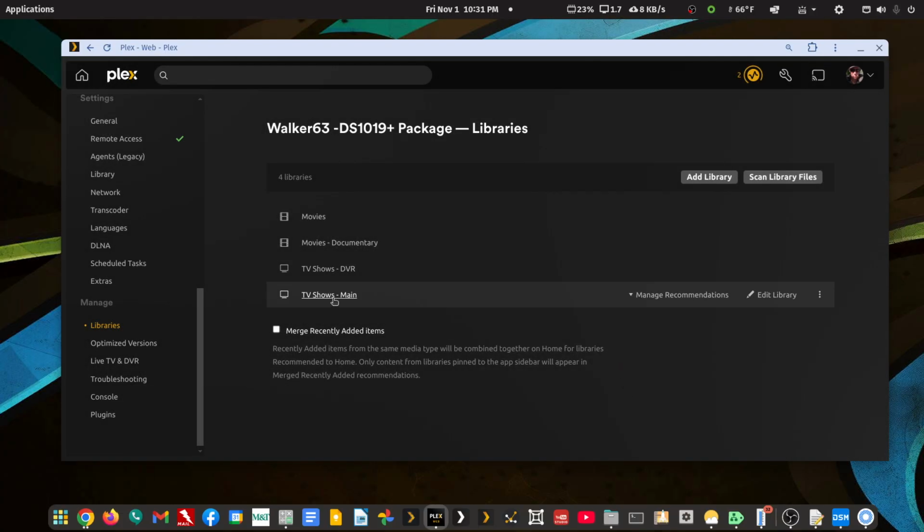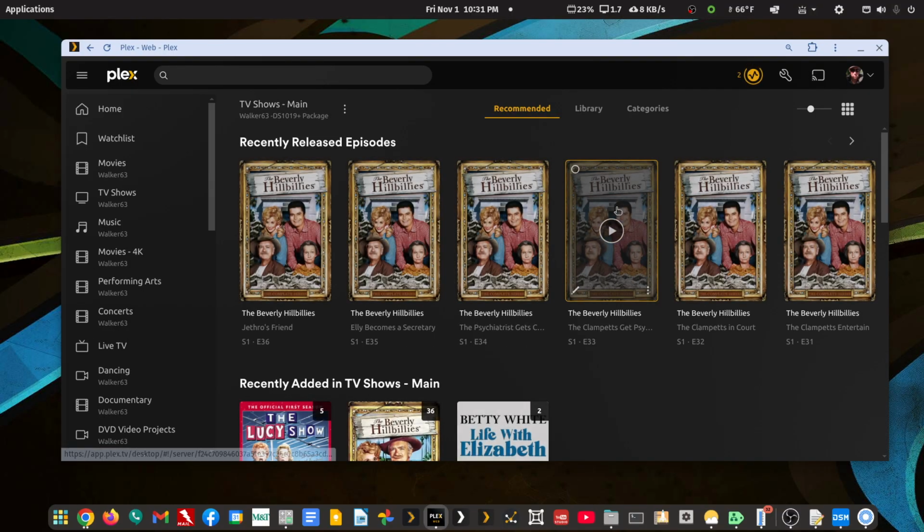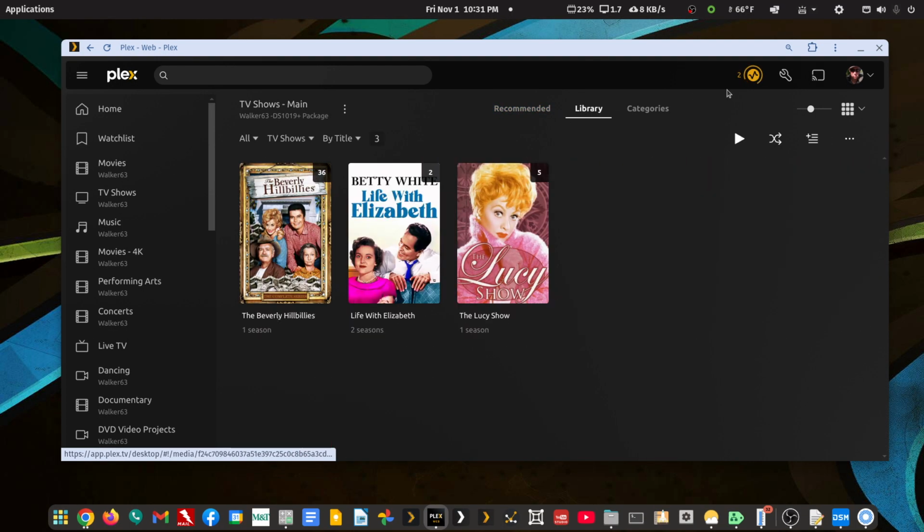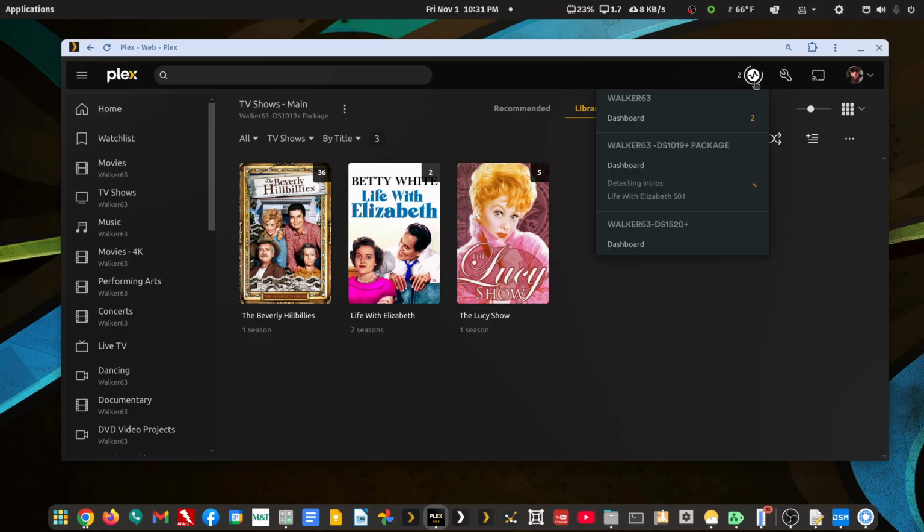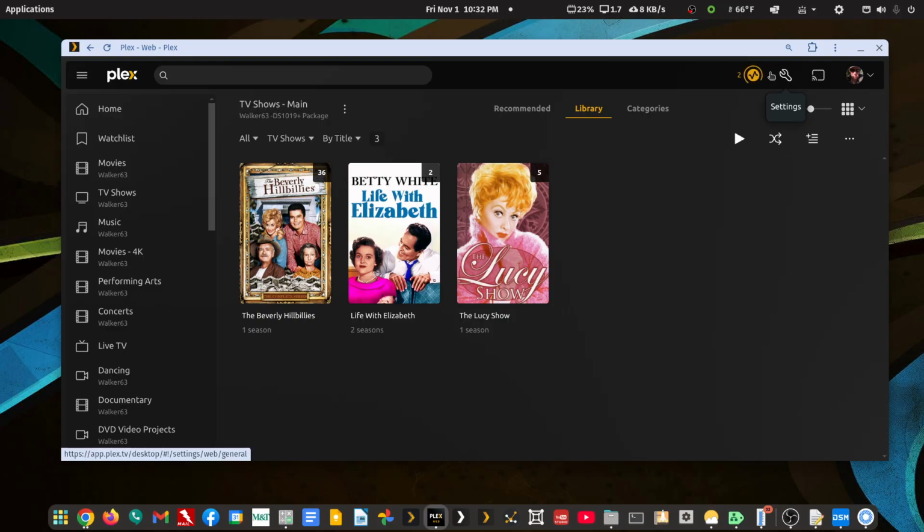Okay, so if I click on this, you'll see that it's scanning the shows in, and under the activity for this server, it's detecting intros and end credits. Okay, so we've gotten that far. Now let's add one of my HDHomeRun tuners. And again, it takes a Plex Pass to DVR, but not to live view from supported tuners. So under the settings,